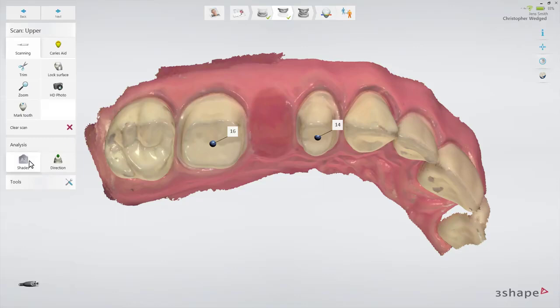Now you have the opportunity to take a shade measurement and a HD photo. A HD photo may be useful for the lab to set the margin. Now move to the bite scan